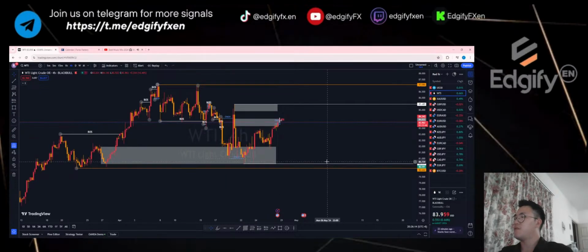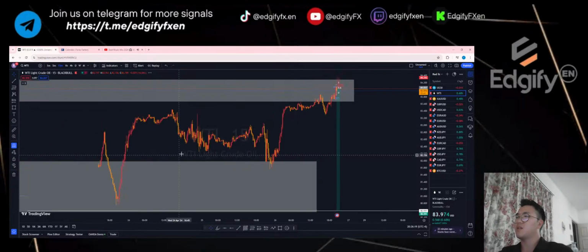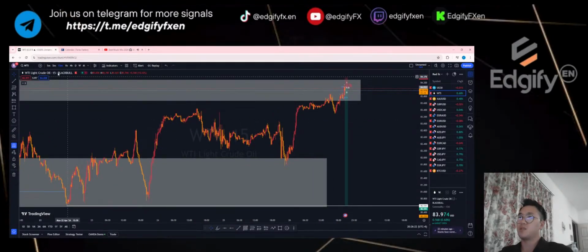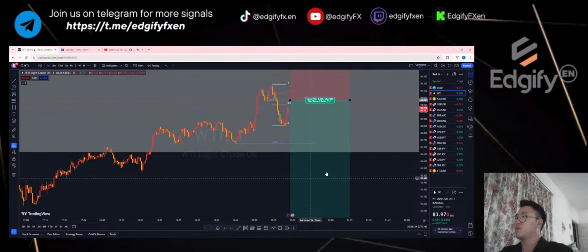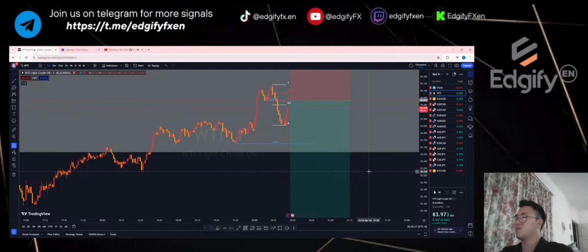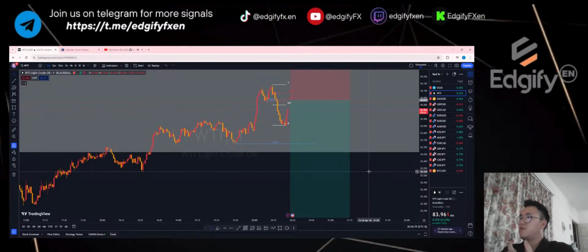Because WTI on my hour 4 is in an uptrend. So if on the 15 we are doing a sell, basically we are counter-trending the pair. So it will definitely be a little bit high risk, because hour 4 is going up, and the 15 minutes currently is coming down. So we'll see how this goes before we actually jump in on WTI. We have about 3.5 more minutes for the news. We'll just see how the news is going to react.